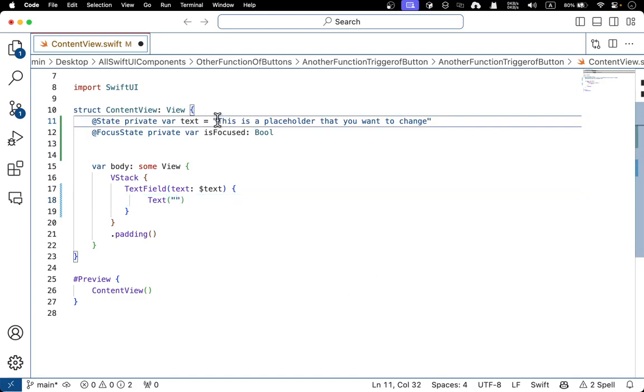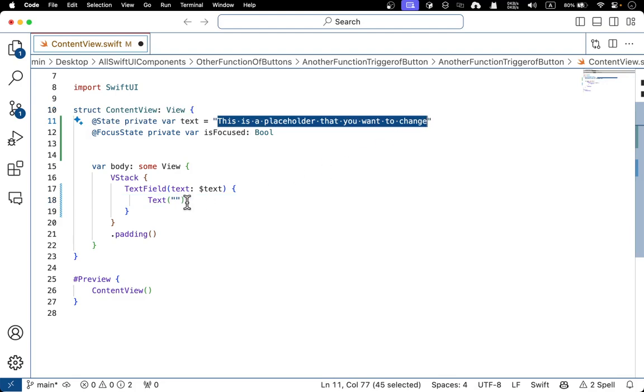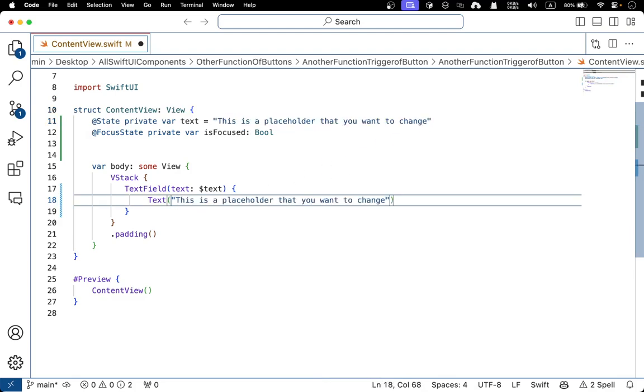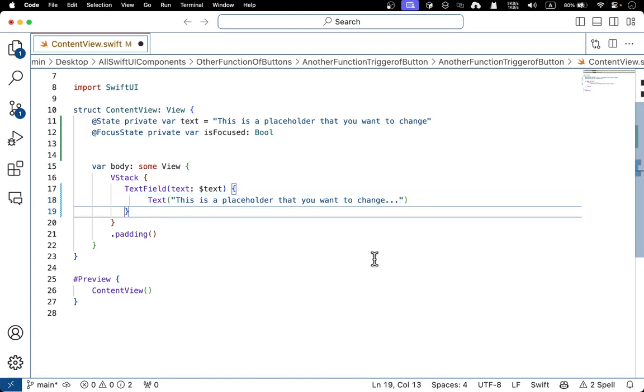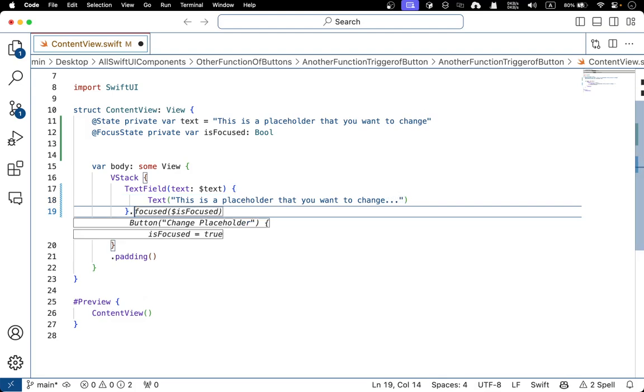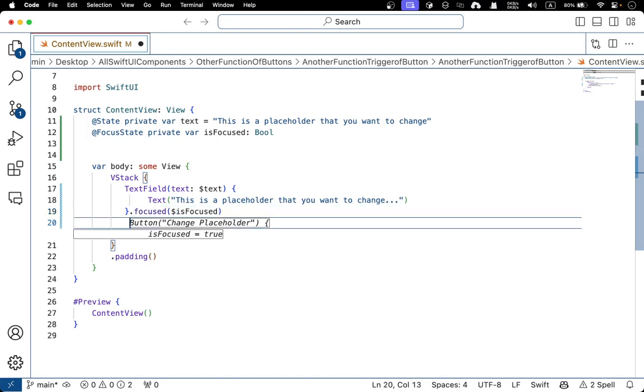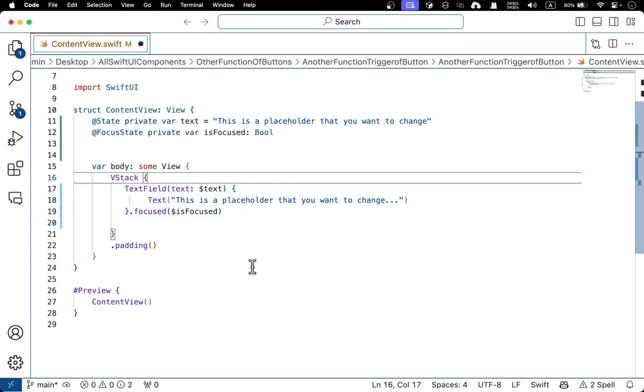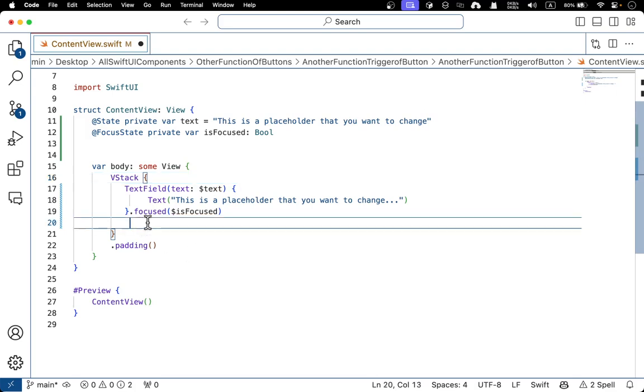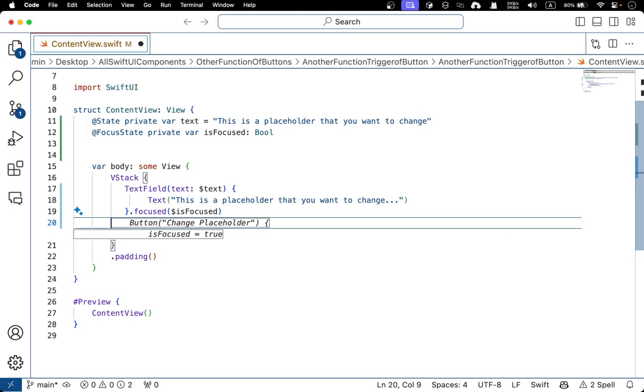Let me just copy it here. Okay, so there's like this is default something like that. Okay, doesn't really matter. And so what I'm going to do is to make it focused. The focus is focused, right? Really simple one. So right now it will just show a text field and it's focused. And depending on a button that we are going to change,